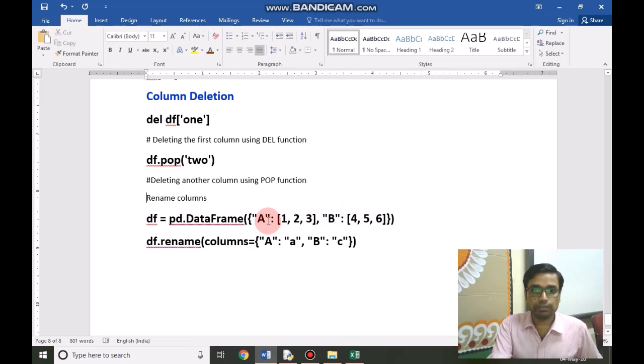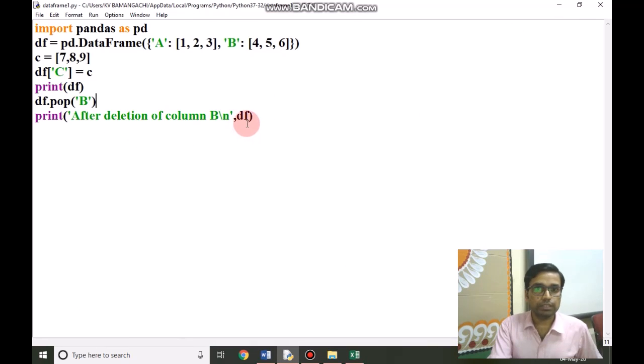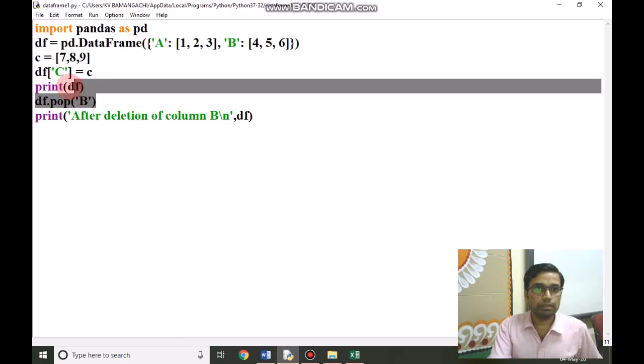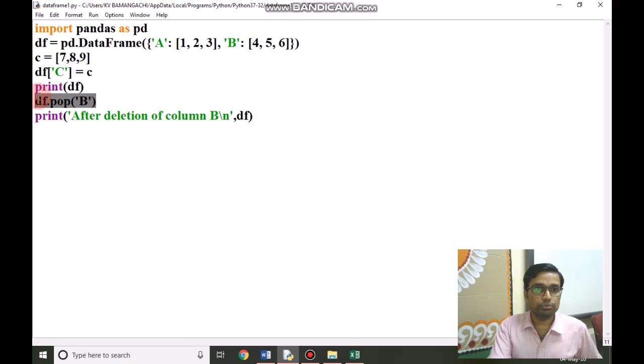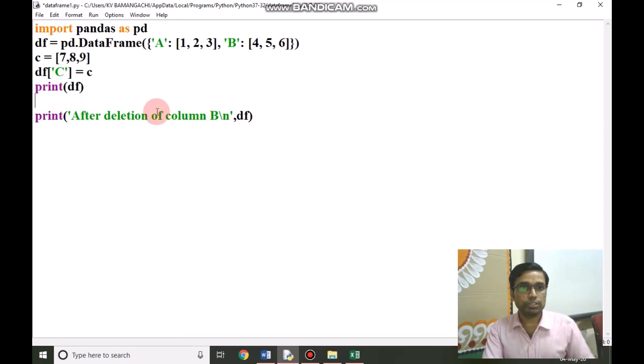If we have given some name to the data frame columns, we can easily rename these columns by calling the rename function and passing the columns keyword with a dictionary. So I'm giving the same syntax. No need to keep it up to C after renaming.